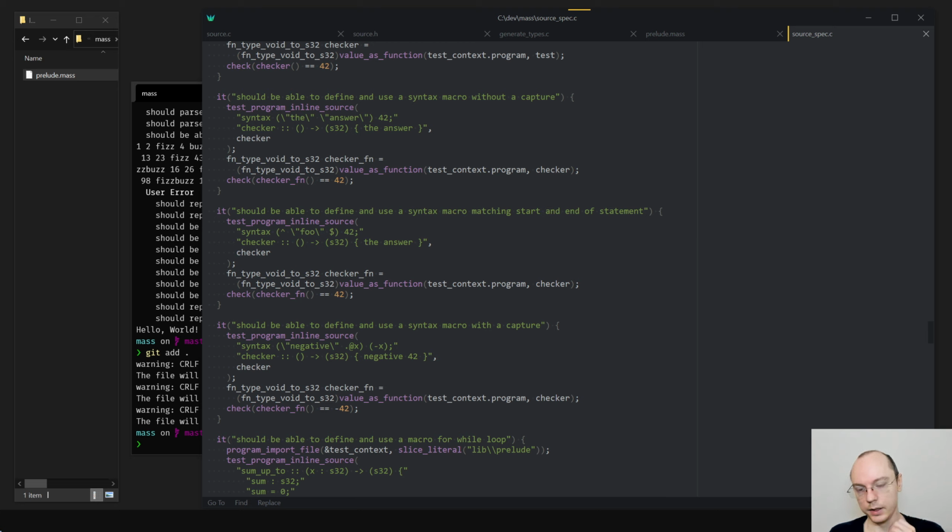And then we need to say that something like foo is S32. Let's change it to S64 to be slightly easier. 64. Foo is 20 and foo.